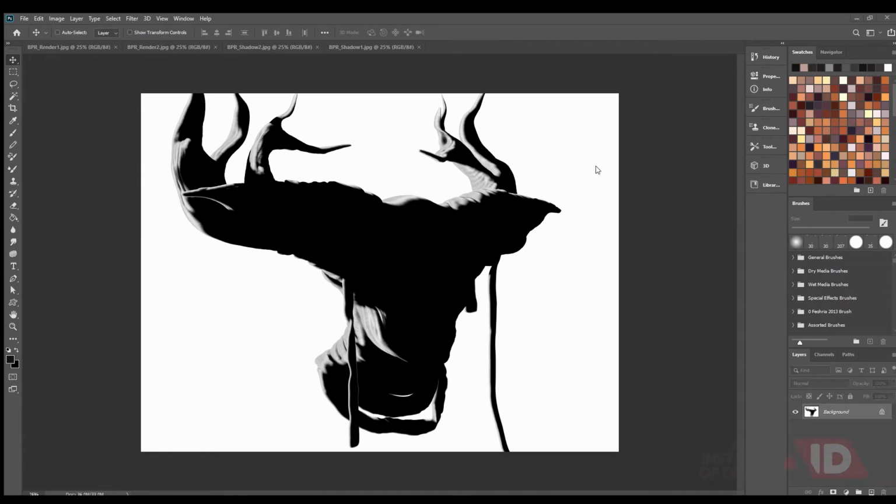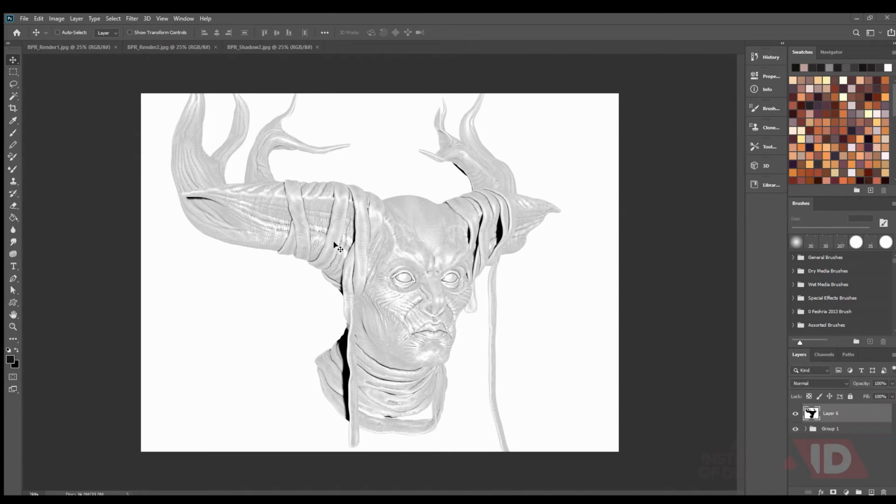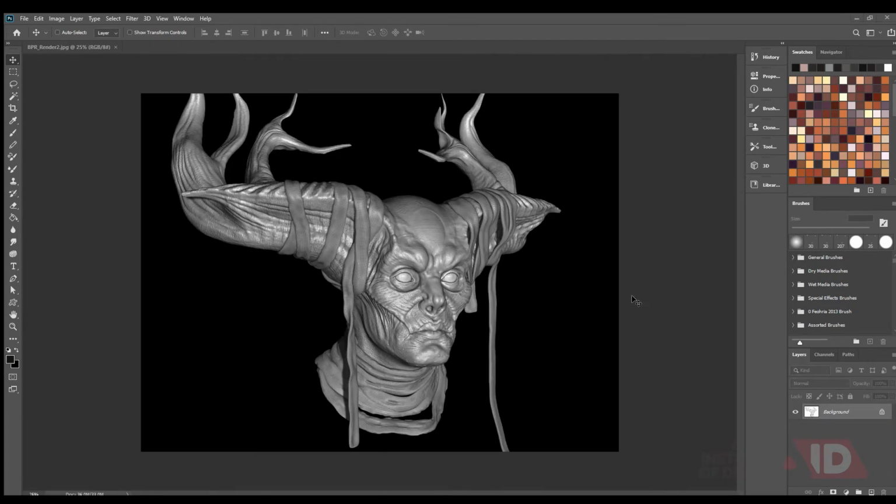Everything is combined. You can see the base, you can just double click and open it. Control G, group it so there is no confusion. Then your shadow 1, close it. Then your BP render 1, close it. Then you have your shadow 2 and your render 2.